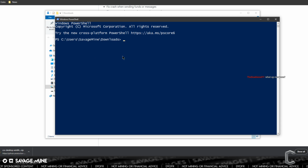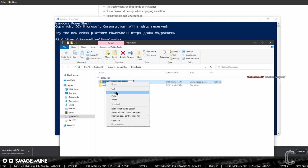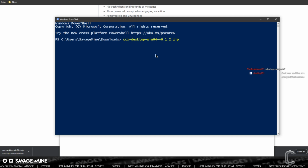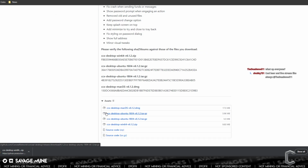And then we need to get the file name. Let's go over here and copy the whole file name. And what this is doing is, let me finish what I was doing here real quick. All right, so what this is doing is the developers,